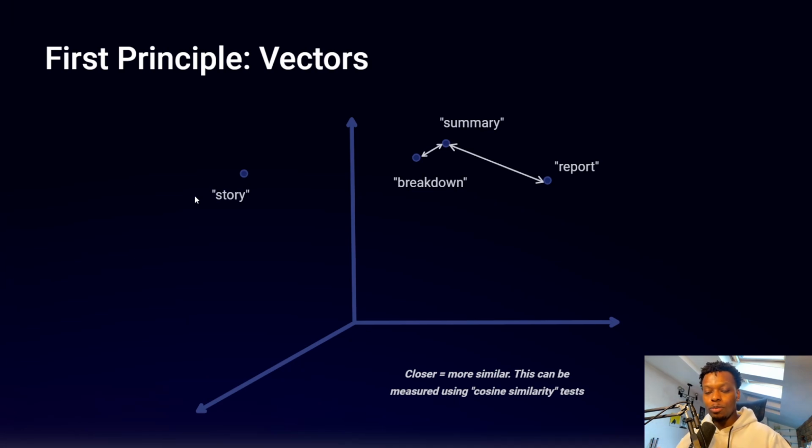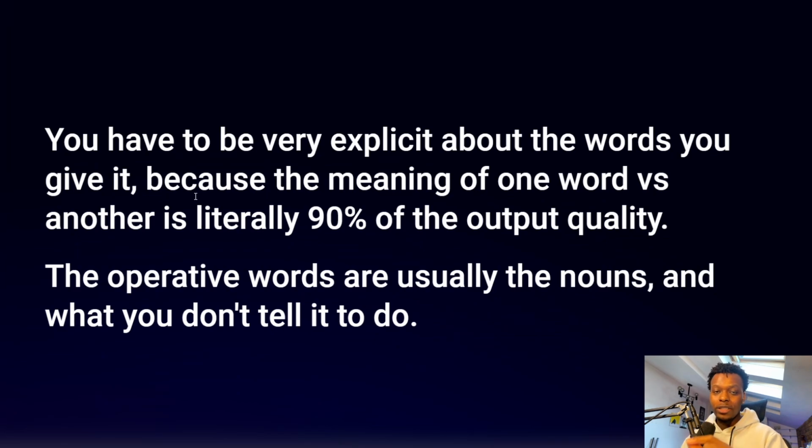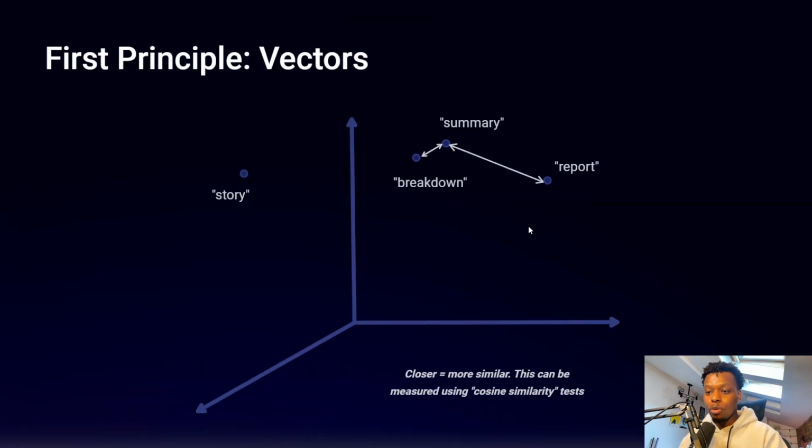So you can see that the first principle behind all of this is simply comprehension. You have to be very, very explicit about the words you give it, because the meaning of one word versus another is literally 90% of the output quality. The operative words tend to be, in my experience, the nouns, and also what you don't tell it to do. If you are asking for a report, what AI knows about how reports are structured and formatted means that if you didn't want the very structured manner that reports normally come in, because reports could be financial, they could be governmental,